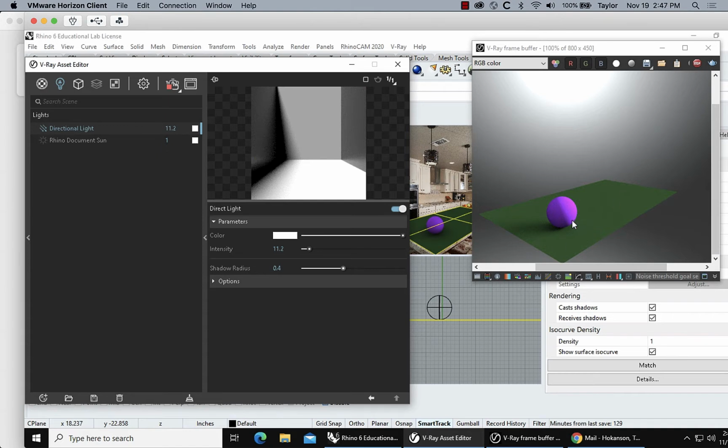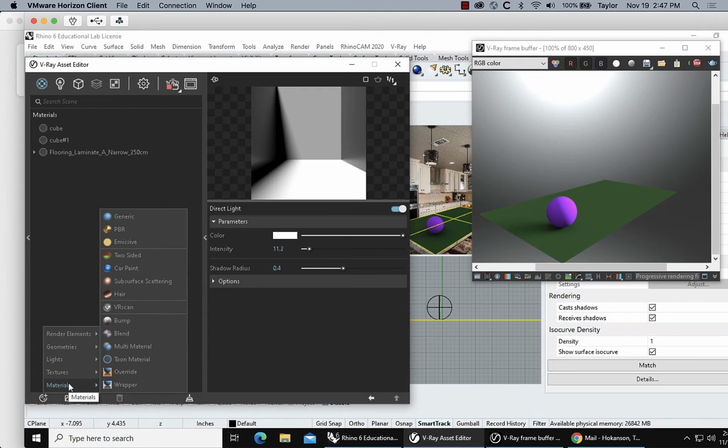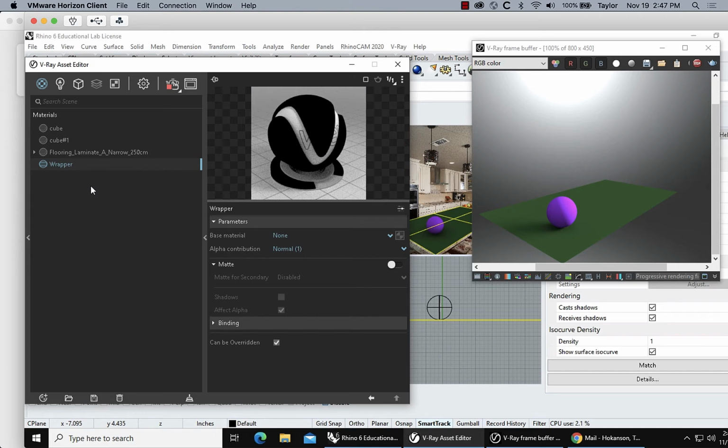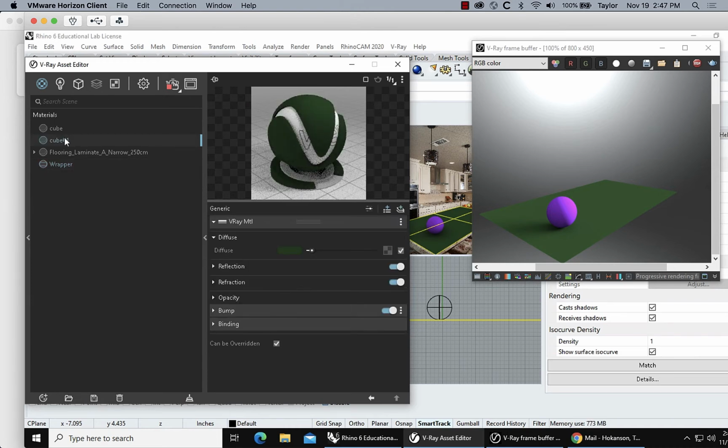Now we have to figure out how we're going to convince Rhino to cast a shadow onto a surface, but then hide that surface, because I want to be able to look through the transparent parts of the shadow all the way to the original material in Photoshop, which is going to be our countertop. So to do that, we do this trick with our materials, where we make a new material, but this time, instead of generic, all the way at the bottom, we'll pick wrapper. Okay, so wrapper, the base material is going to be what was cube number 1? Our green. Yeah, so let's rename this